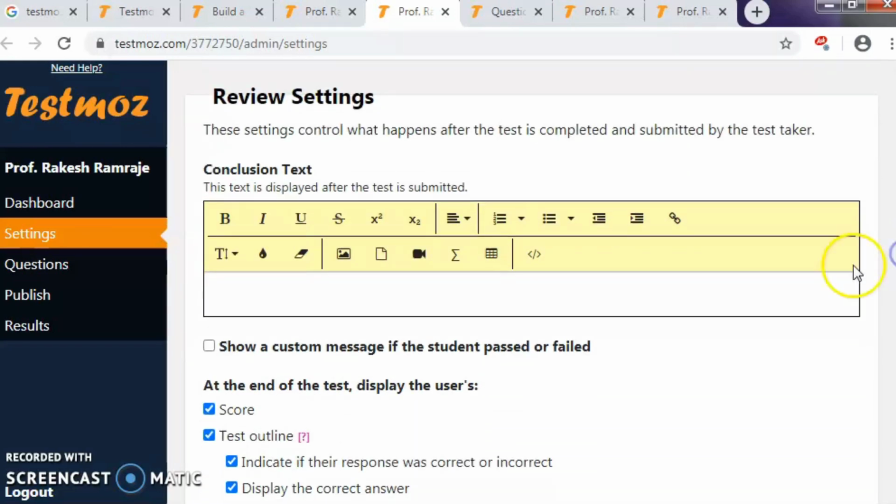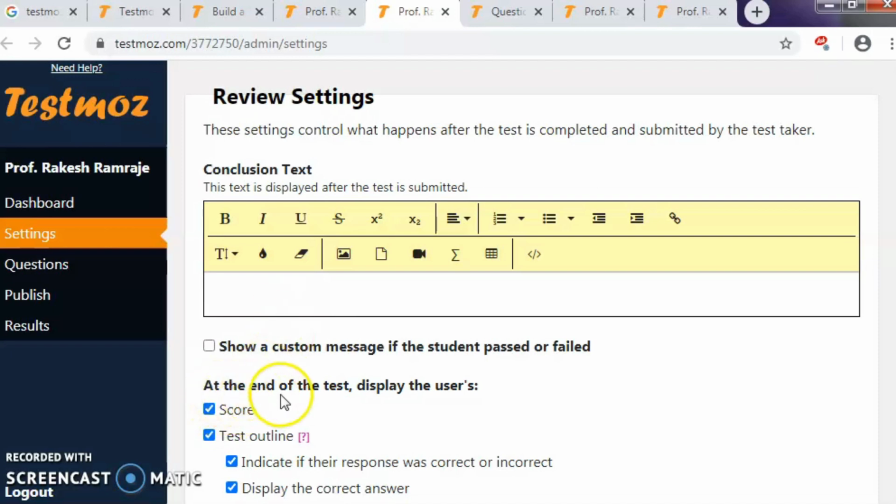Next is the review settings. Into the review settings, these settings control what happens after the test is completed and submitted by the test taker. So here for the conclusion text, you can type again the heading of the question, that is solve the following questions or solve the true or false or fill in the blanks.